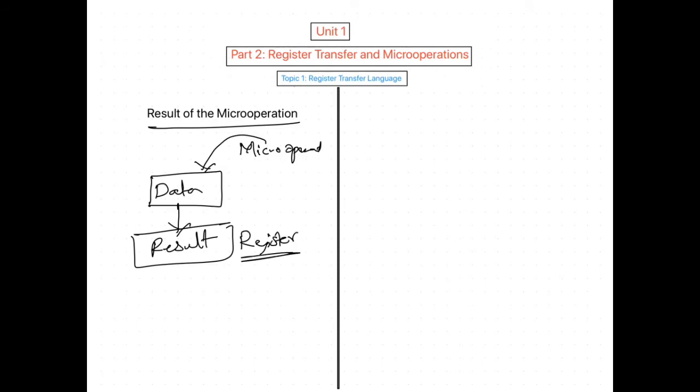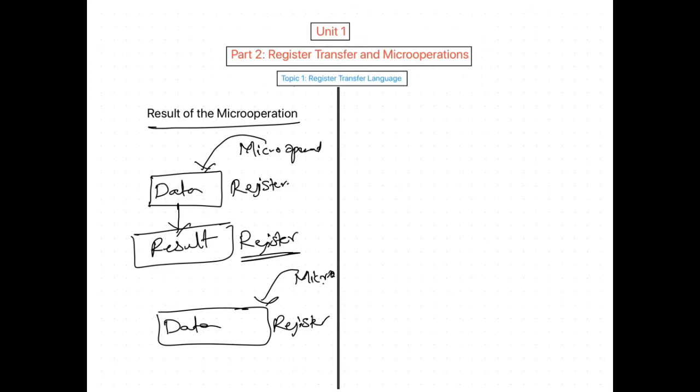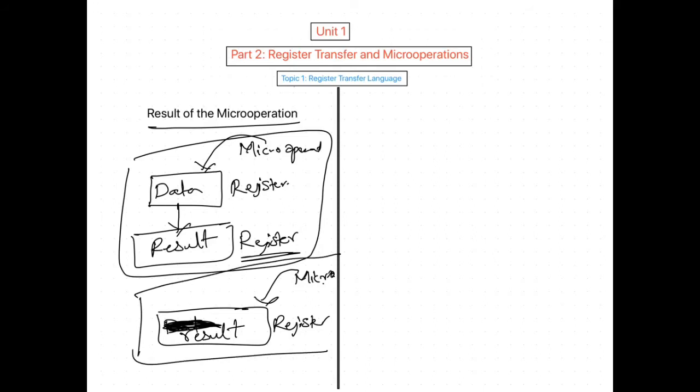Sometimes we perform a micro operation on data stored in a register, and the result gets stored by replacing the previous data. These are the two ways. In the first way, the result is stored in another register. In the second way, the result is stored in the same register by replacing the earlier content of the register.